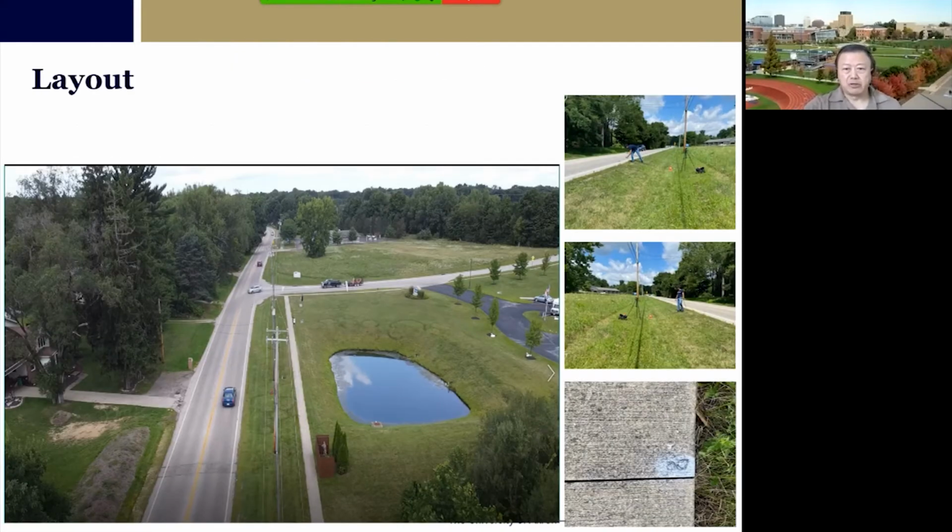And this is a closer view of the intersection. You can see an auto driver coming out from the parking and entering this minor street, from the minor road to the main road. And our equipment is set on the side here, but we'll get to that later.